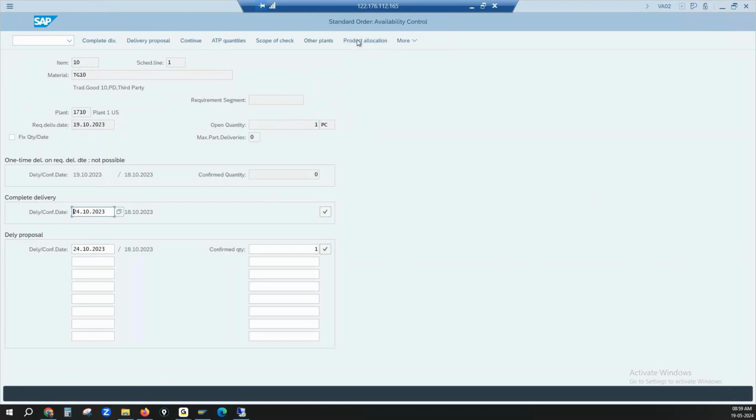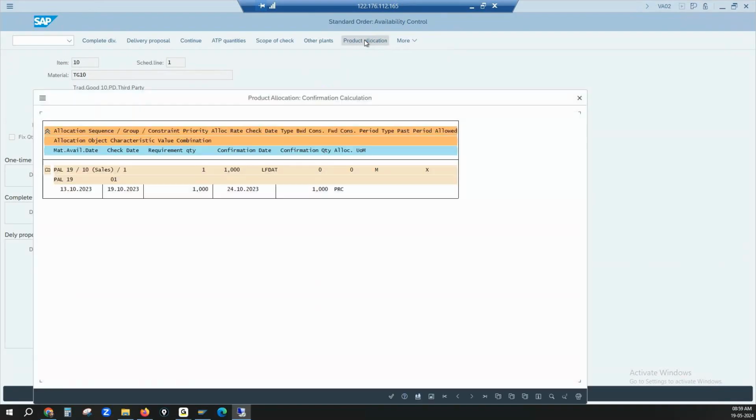Okay, now we got the product allocation, and if I go to product allocation, yeah, PAL 19 is my PAL object, and you can see it has confirmed one quantity, right? It has taken from my PAL 19. So this will be possible